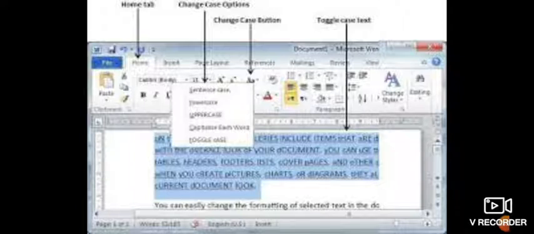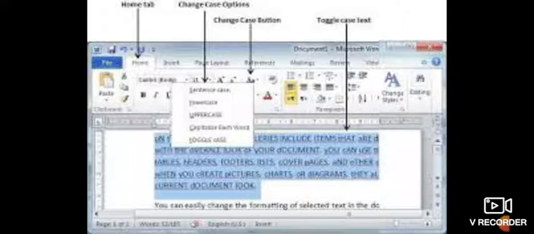If we select lowercase and we change it to the toggle case, then all the text will be in uppercase. If we select capitalize each word and change it to the toggle case, then the first alphabet of each word will be in small letter and the rest are in capital letters.